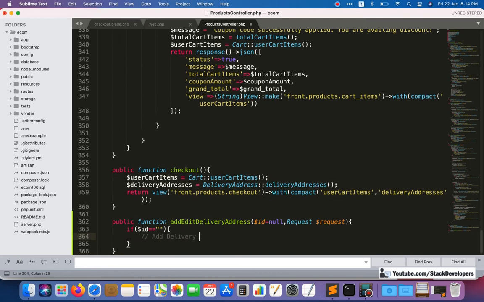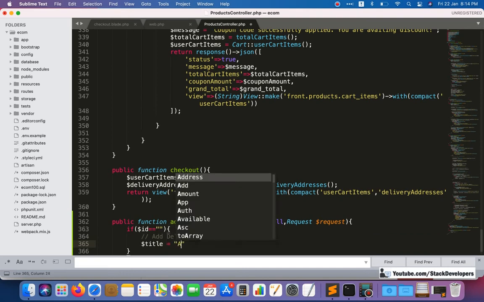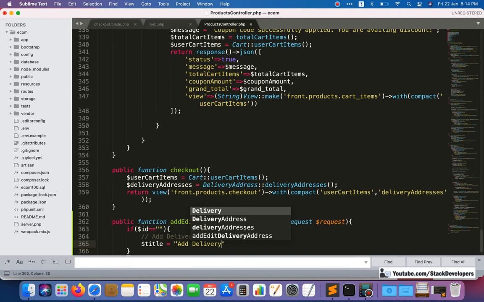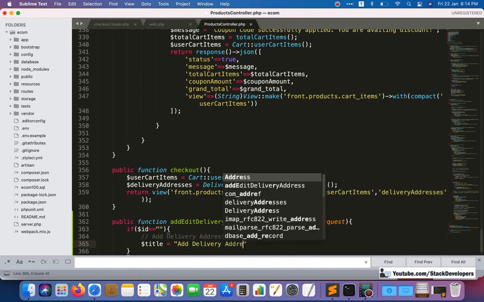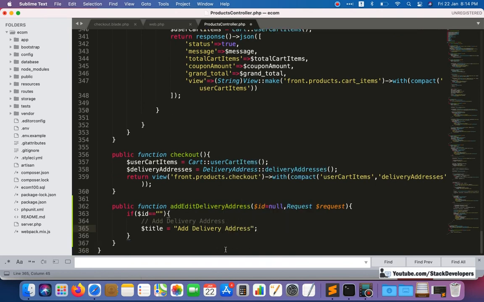Add delivery address. Here we can write add delivery address. Okay, and the title will be the same title. We are going to show add delivery address. This title we are going to show in the form, so I am writing here.